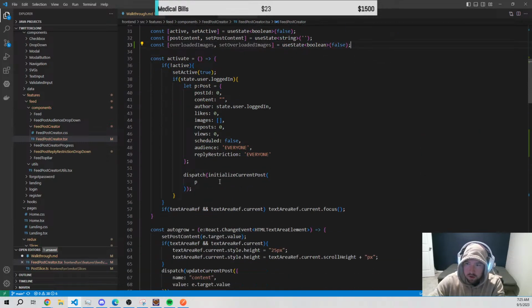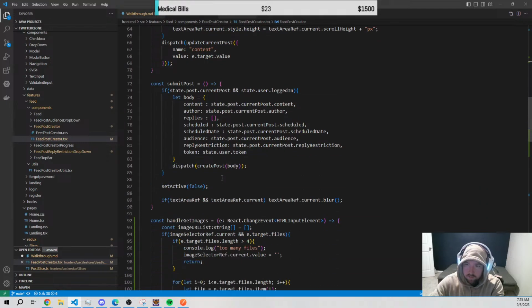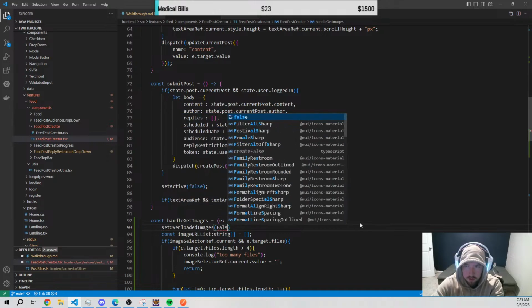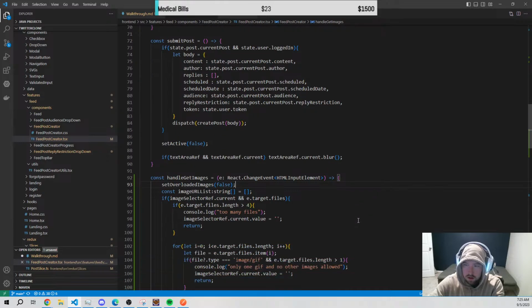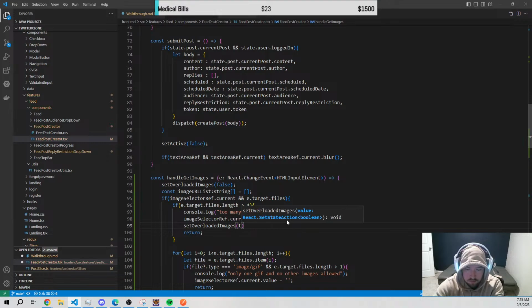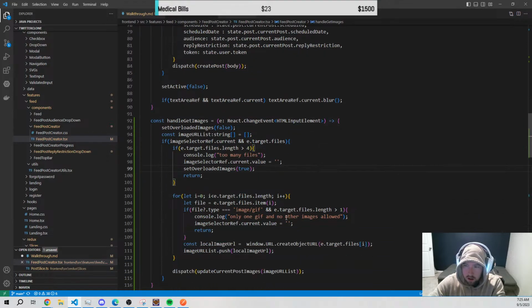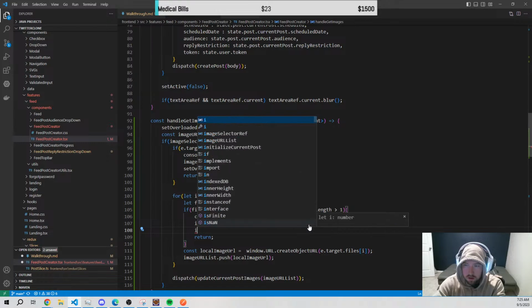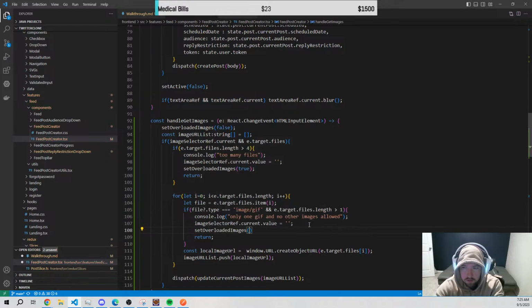And what we'll do is we'll start out by saying set overloaded images to false whenever we start uploading images. And then in this case, we'll set overloaded images to true if we have too many of them. And here again, if we have too many, we'll say set overloaded images to true. And then what we'll do is, I guess, we'll probably set